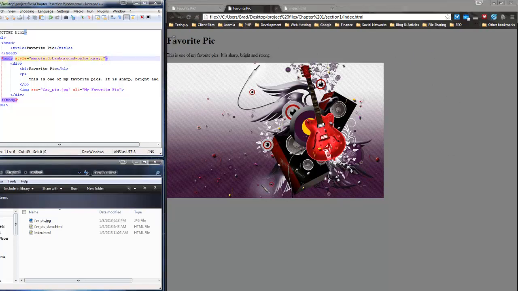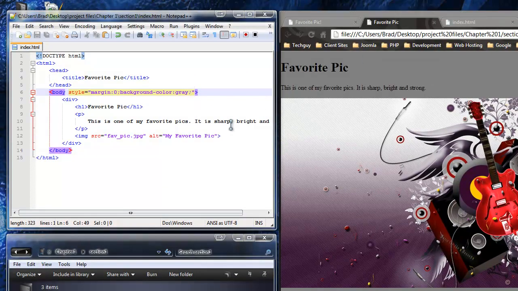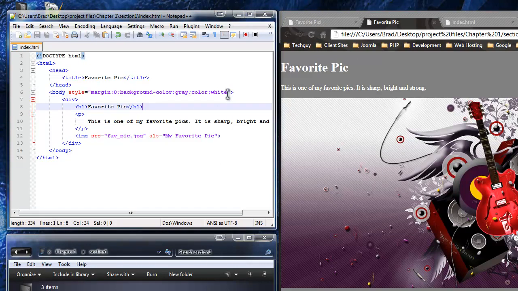And now I want to change the color of the text to make it white. So we're just going to use color. Now I could just do white, that works. I'll save and reload. But usually if you want a more specific color, you would use